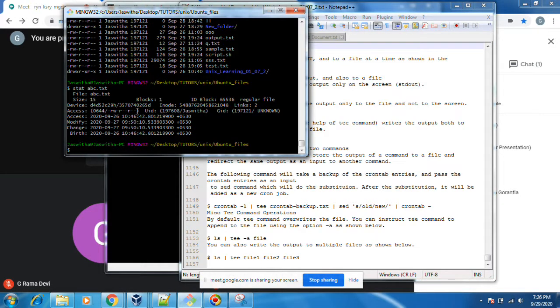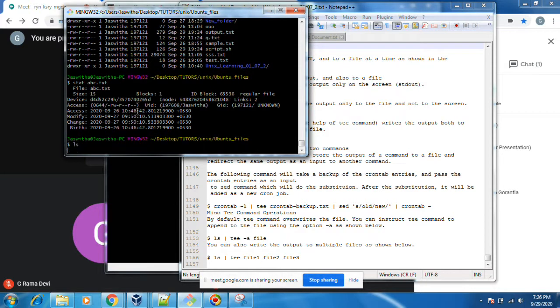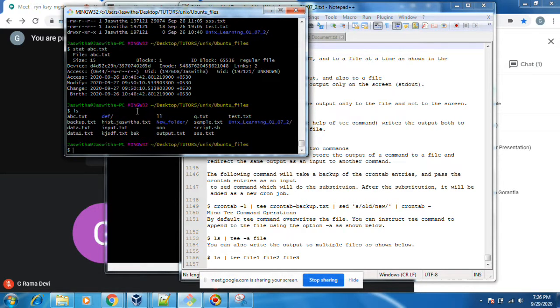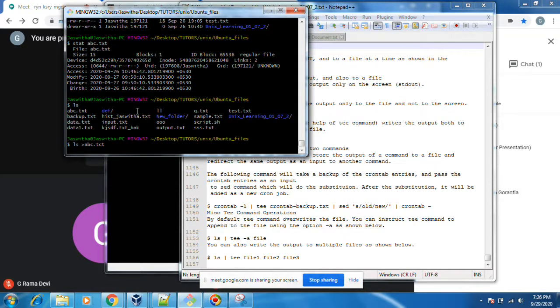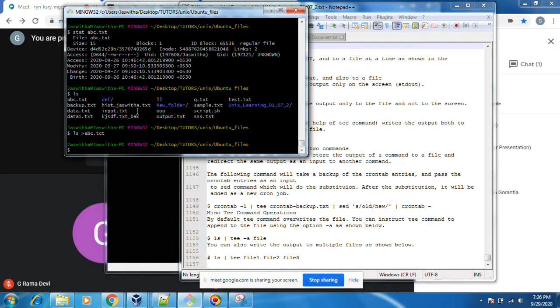Suppose I do ls, it will display. If I do ls greater than abc.txt, do I get a display? No. Why? Whatever the output, it is going to abc.txt.